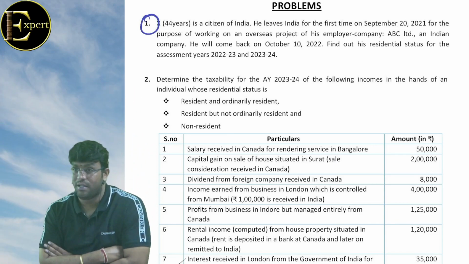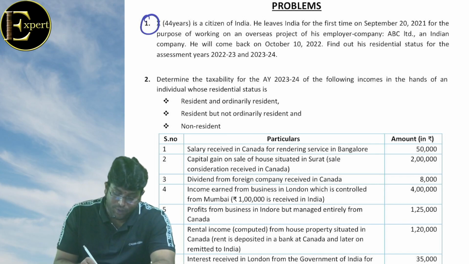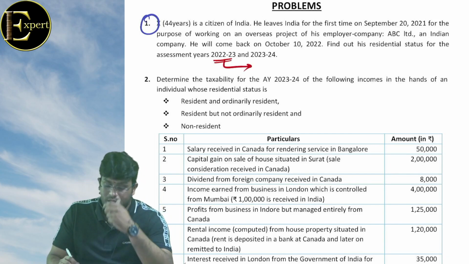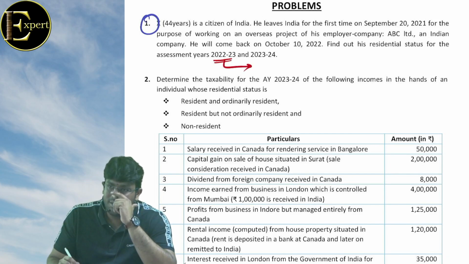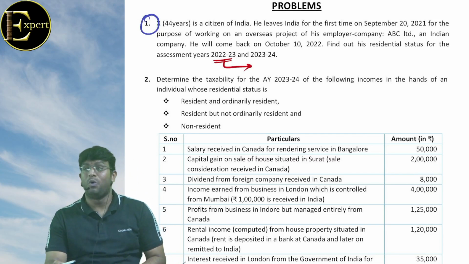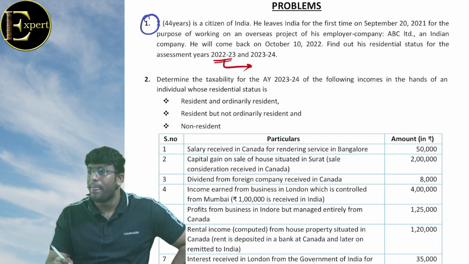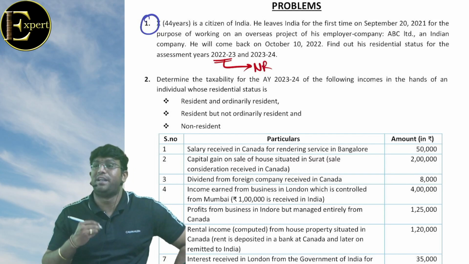Yes, what is the answer? First case is resident. I asked for 2 years. Assessment year 22-23. What is the answer? Speak out. ROR. Why? Second basic is satisfied. Why are you looking at second? He has gone out of India for employment and is an Indian citizen. We have satisfied only the first basic condition. If an Indian citizen is leaving India for employment outside India, only the first option is there, no? So this man will definitely become non-resident.